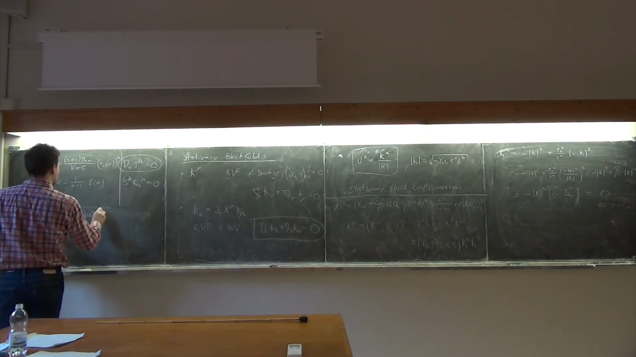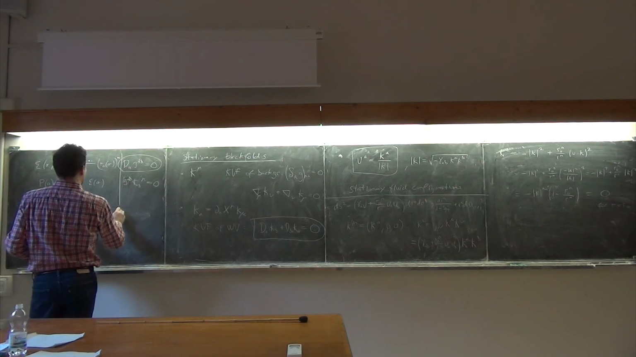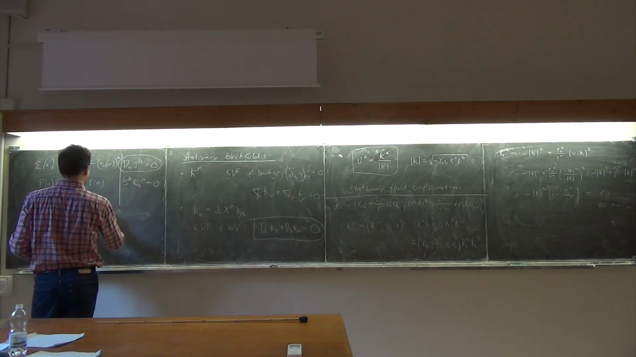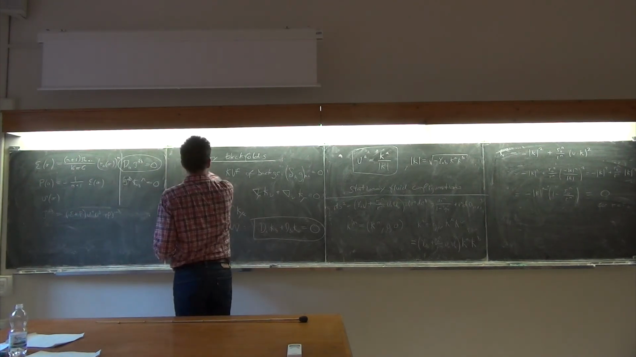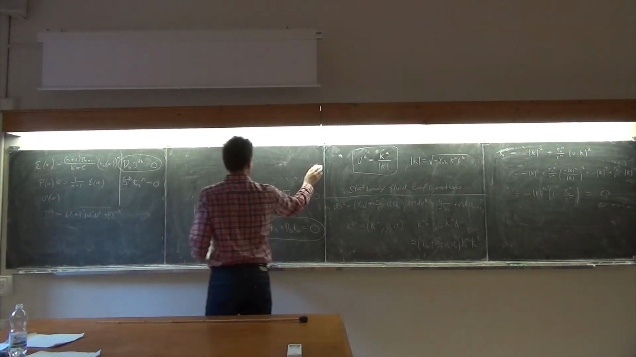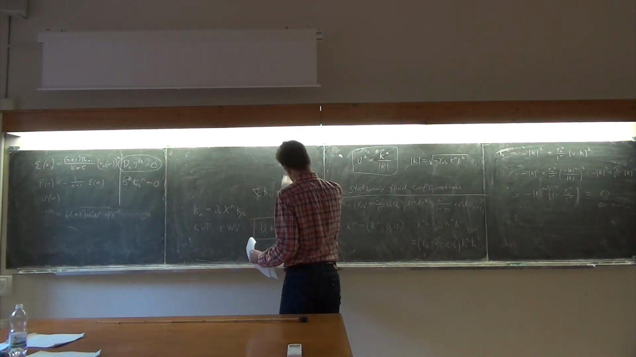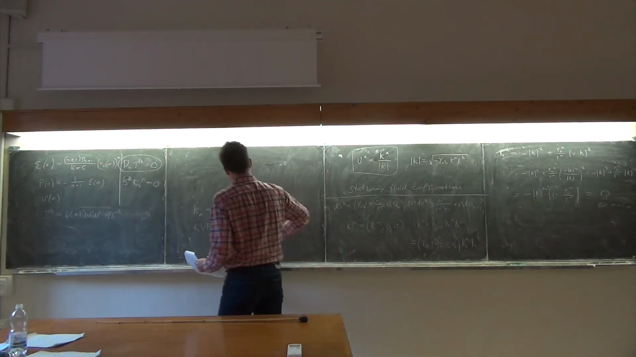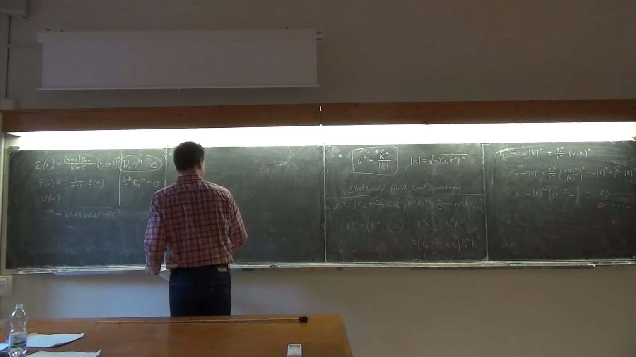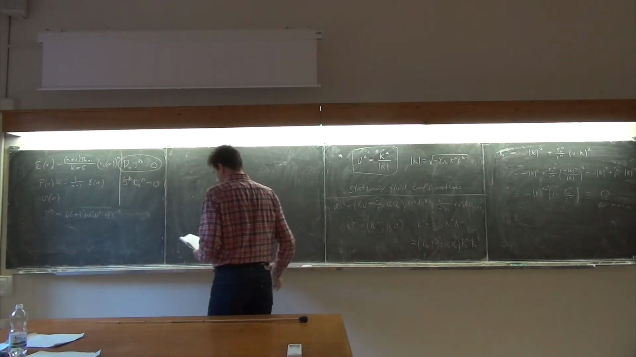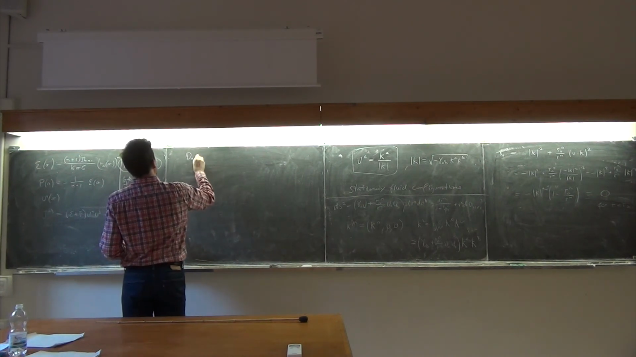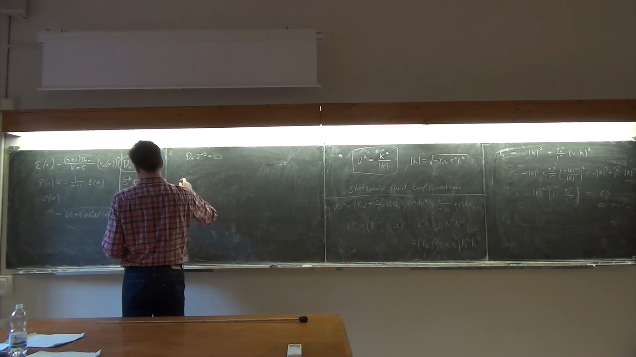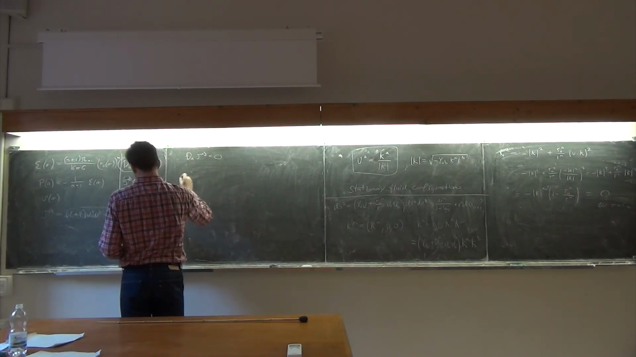I want to insert that into the intrinsic equation, and then try to exploit that it's a stationary black hole that I'm dealing with. So this equation gives me, inserting all this,